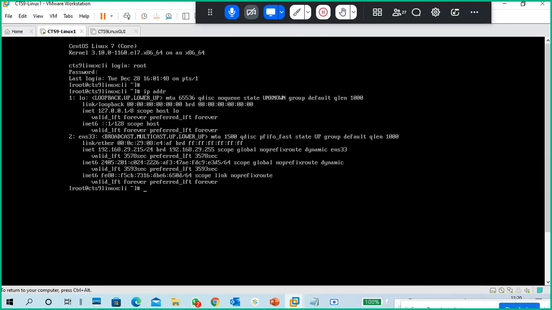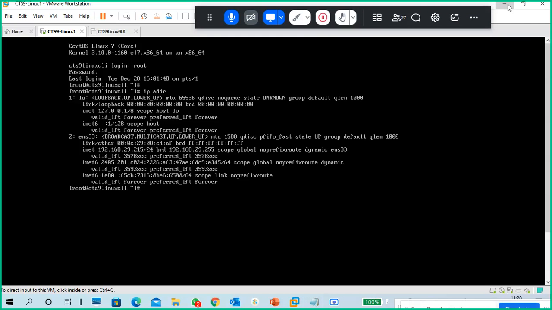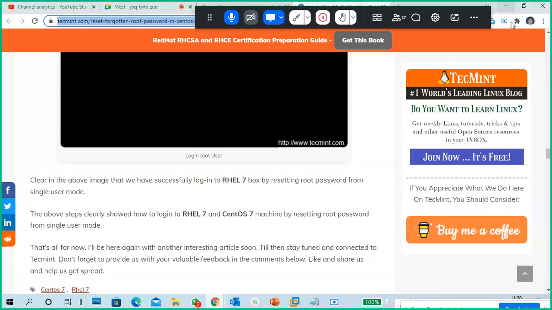And second, whenever you change the place or router or a different network, compulsorily restart the network service. Restart the network service and find out the new IP address to connect. When you are using a setup like this, in real time it is not required, real time no problem.